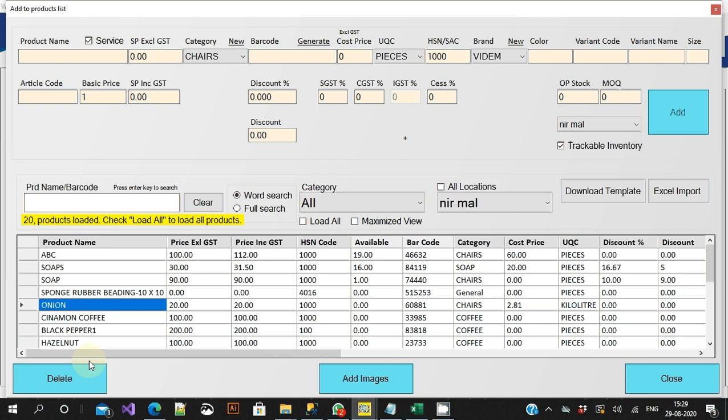Again, I want to repeat, there are two options. One is you need to make the inventory levels 0. That can be done either by adjusting the available quantity, or deleting the invoices which you have made, and you also can delete the purchase entries of this particular item. Then only you can delete. So this is the add, edit, delete process for any stock items.